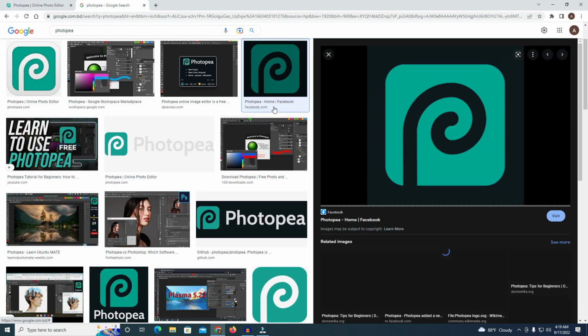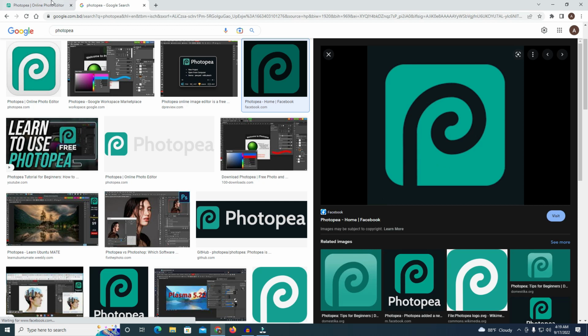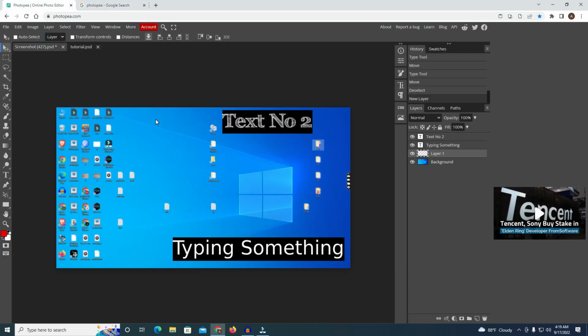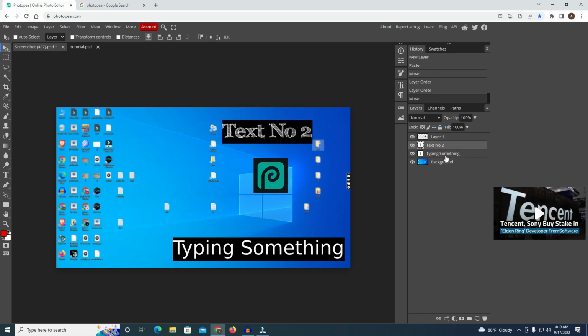If you wanna copy this logo, just copy and paste. Control V. You see this layer, and now this layer is on top of the text, and that's why you see this is the logo of Photopea, and you can easily